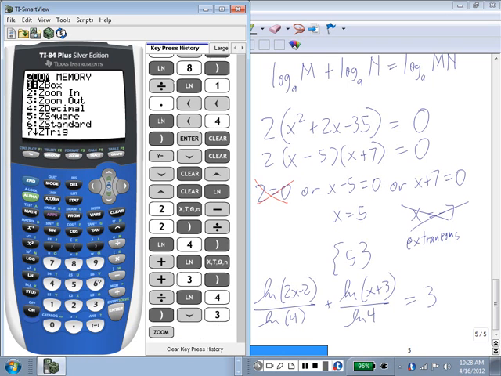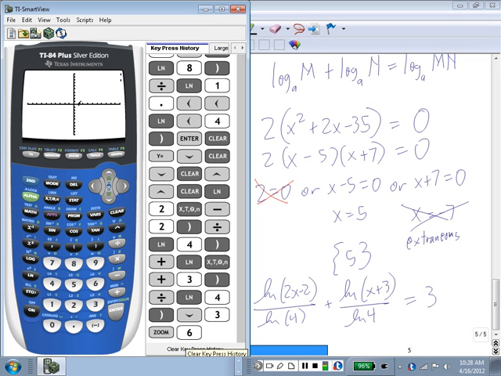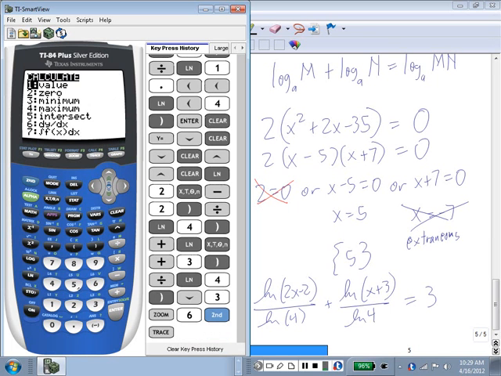Zoom 6. The domain of the left-hand side only goes as far to the left as positive 1 because the 2x minus 2 has to be positive. And the other one, of course, is the horizontal line. So I guess there's an additional amount of trickiness if you go second calc 5 to find the point of intersection,